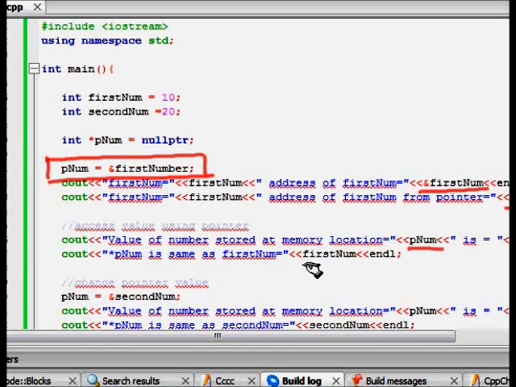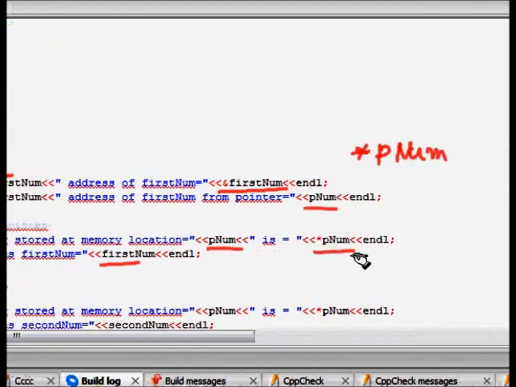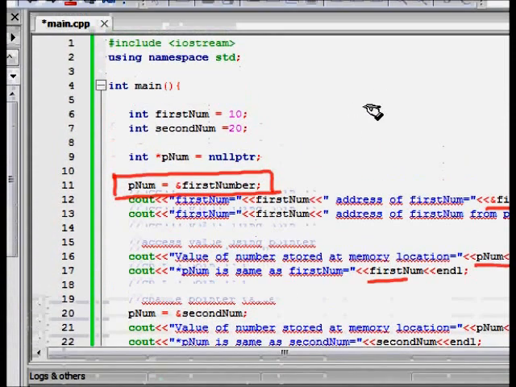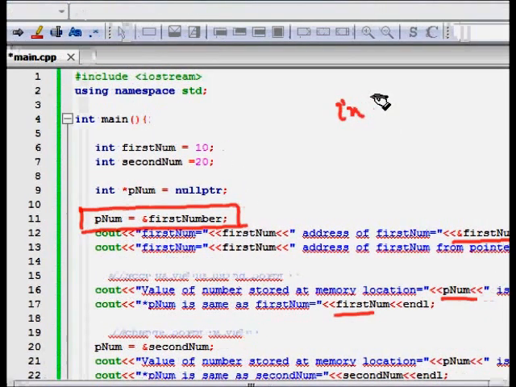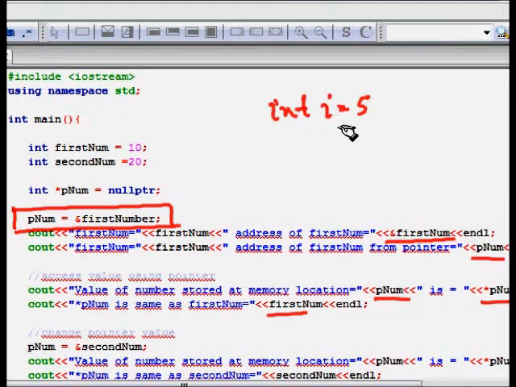So *pnum is the same as firstNumber. Because pnum is just a variable which stores a memory location, I can also change it. For example, int i = 5, and in the next line you can change i to be 10.